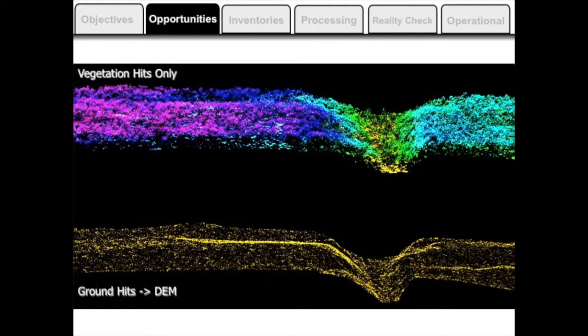This is the LiDAR data cloud. We've seen this a few different times. I split the ground points out from the vegetation points. The ground points have basically been used to provide our digital elevation model. The vegetation points are what I want to focus on now, and what we've basically focused on the last few